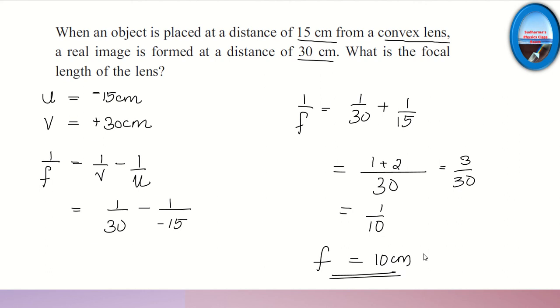So I am getting the answer with a positive sign. And we know that the focal length of a convex lens is positive, so this is plus 10. Now let's cross verify our answer. This is a trick in exam. If focal length is f, object distance is 15, right? So 2f will be 20 centimeters. Object is between f and 2f. Image should be beyond 2f, right? Beyond 2f means here, as per the question, beyond 20 centimeter. v is 30 centimeter, that is greater than 20. So the answer is correct. This is how we can cross verify our answer.